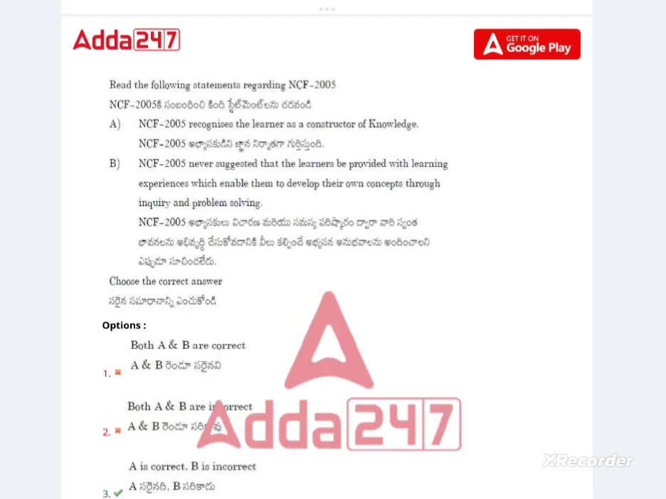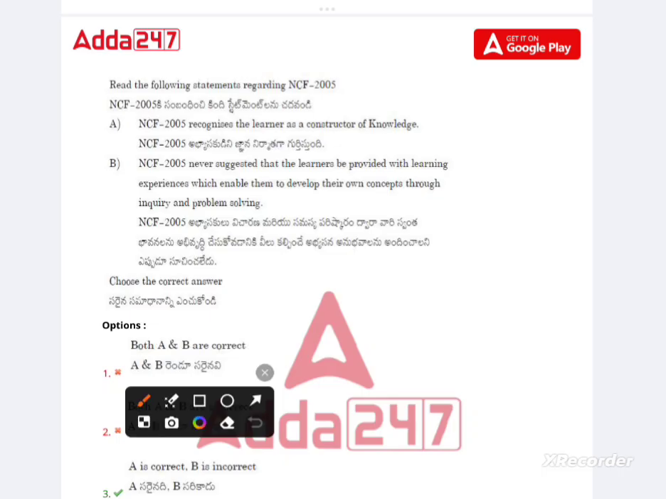Next question. A: NCF 2005 recognizes the learner as a constructor of knowledge, and B: NCF 2005 never suggests that the learner be provided with learning experiences which enable them to develop their own concepts through inquiry and problem solving. The options: A is correct and B is incorrect. And the correct option is